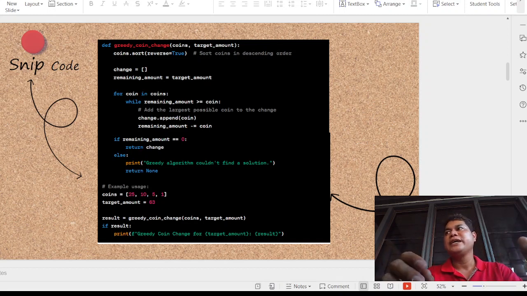So this greedy algorithm works by always choosing the largest possible coin denomination at each step and reducing the remaining amount until the target amount is reached. So keep in mind that while greedy algorithms are intuitive, they may not always provide an optimal solution for every problem, just like what